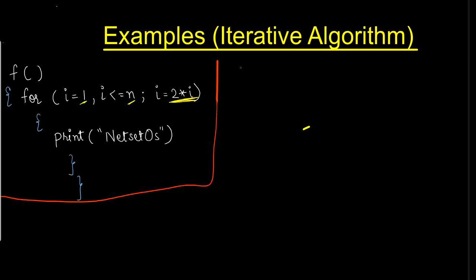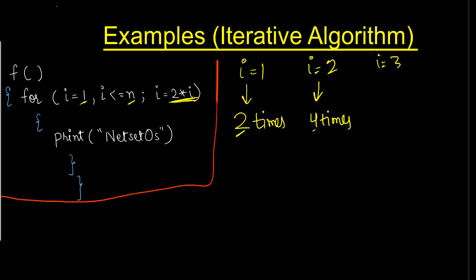Now let's see for I is equal to 1. When I is equal to 1, the resulting output will be printed 2 into 1, that means 2 times. Right? When I is equal to 2, it will take this 2 and 2 into 2, 4 times. When I is equal to 3, it will take this 4 as it is working on the last iteration, so 4 into 2 will be 8 times. Then I is equal to 4. Here we got 8, 2 into 8 will be 16 times.